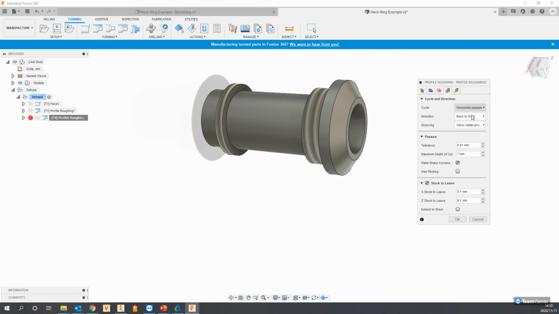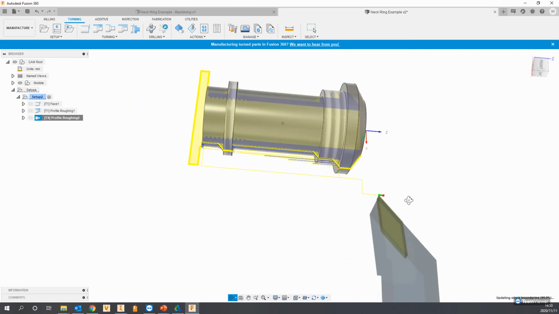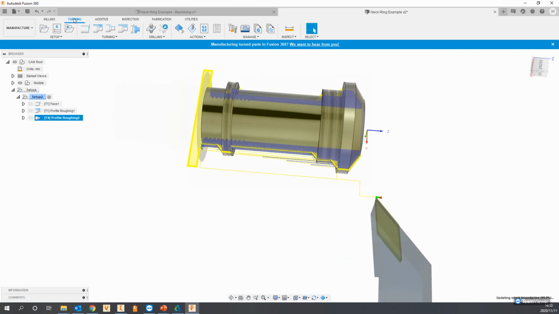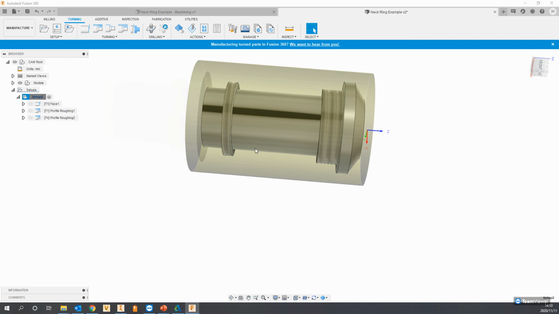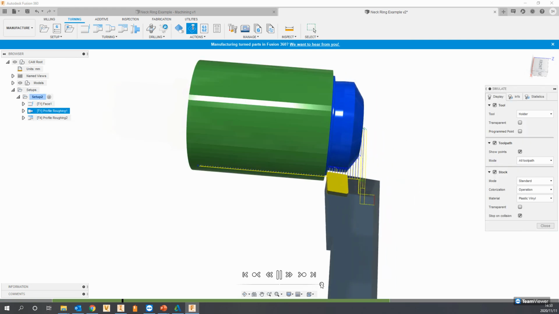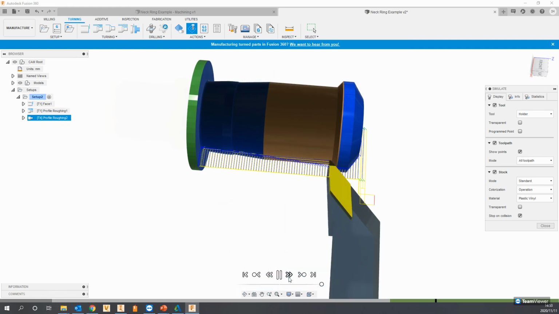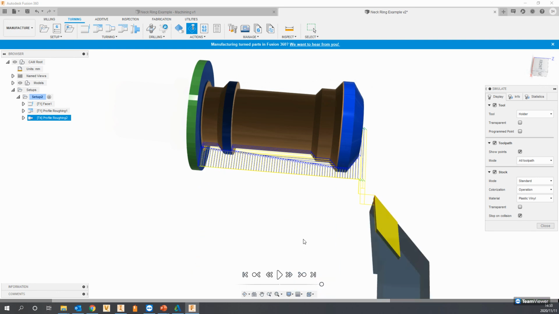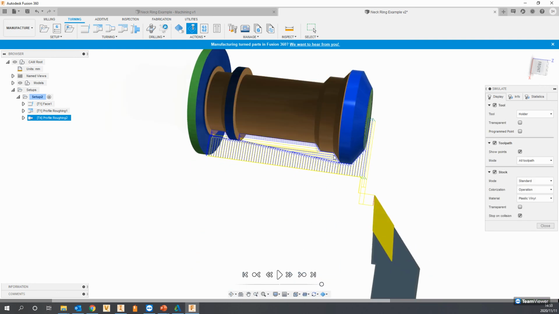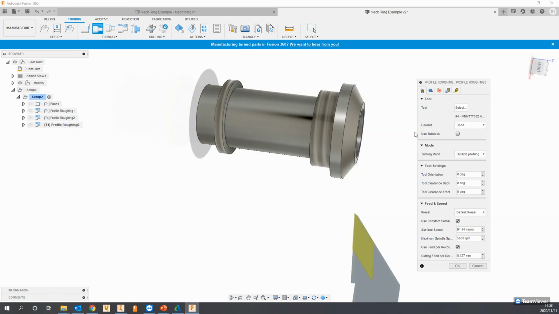And we're going to generate from horizontal passes front to back. Let's see how that goes. Okay, so that looks better. I'm going to simulate. And of course, there's a little section here that we want to get rid of because that angle cannot reach in there. So what I can do is I will generate a third roughing profile, use that tool, or rather